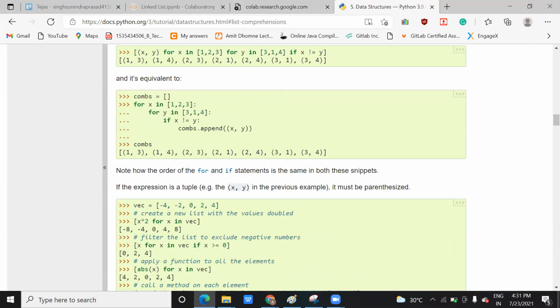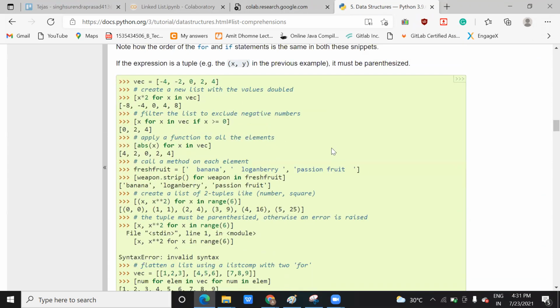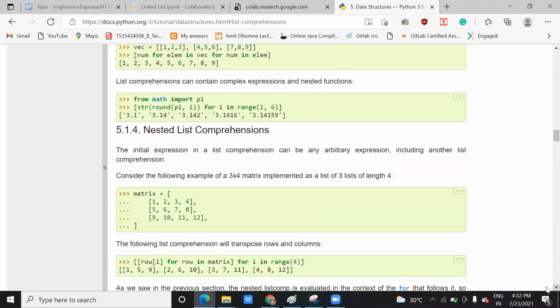So you can see it here, this one. You have a list and you are performing a list comprehension on another list, not on the same list. So remember the difference. Here you are performing an operation on a list, and with the help of another list you are doing some operation and printing the result into the list. This is called list comprehension. And the other one is nested comprehension.